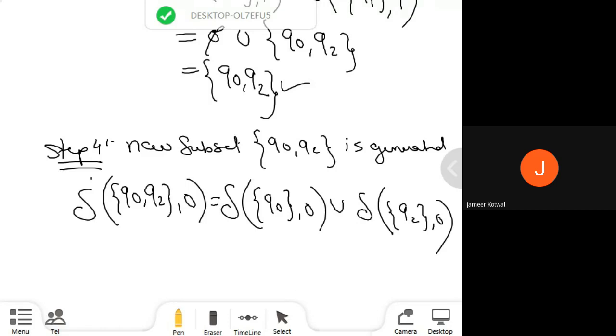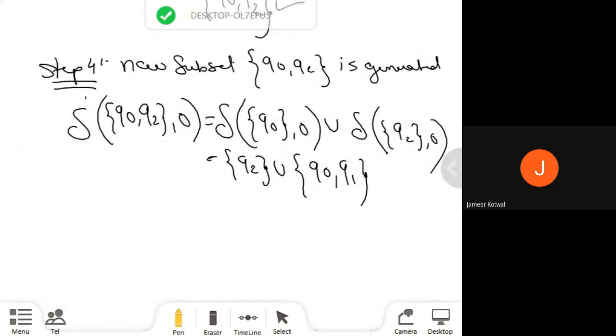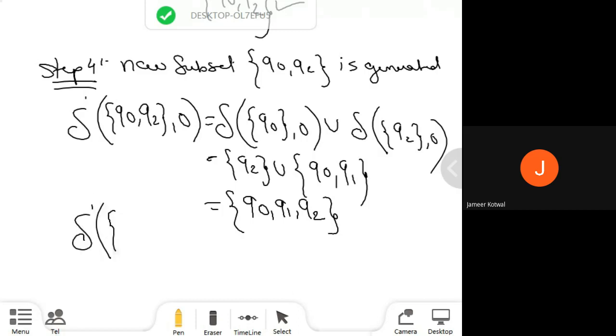So check in which state basically it goes. Q0 on 0, it reaches the Q2 state, union, and Q2 on 0, it reaches Q0 and Q1. Just go through this step, fine. Now we are going to form a union, and here the three states will merge, that is Q0, Q1, Q2. This will be a new subset with 3 states. Are you getting it, third year students? Fine. Now just go for the processing of 1 in Q0 and Q2.